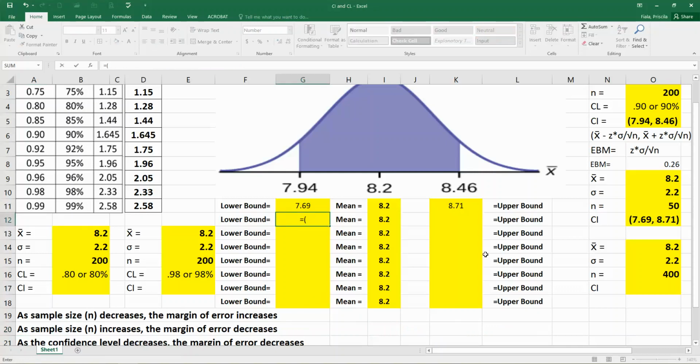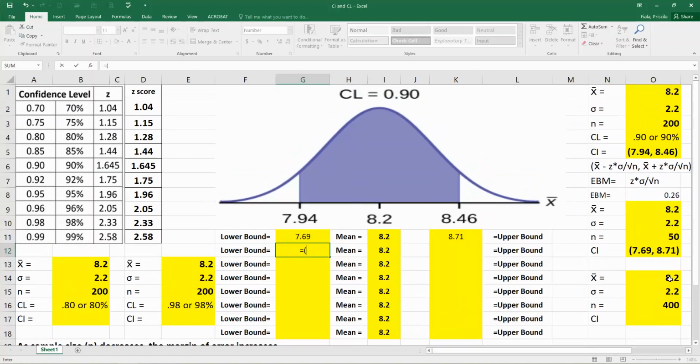We're gonna be having the same mean, which I could refer either here or here. So let's refer here. And then now I'm doing the lower bound, so minus. I'm keeping my same confidence level, multiplying by my standard deviation, correct? Divided by my square root. Well, now I increase my sample size. It really doesn't matter, and I'm sorry if I confused you. You can pick it because the mean and the standard deviation remain the same. So it really doesn't matter which one you pick. The thing is, we're changing the sample size. That's the important part. So the square root of 400,